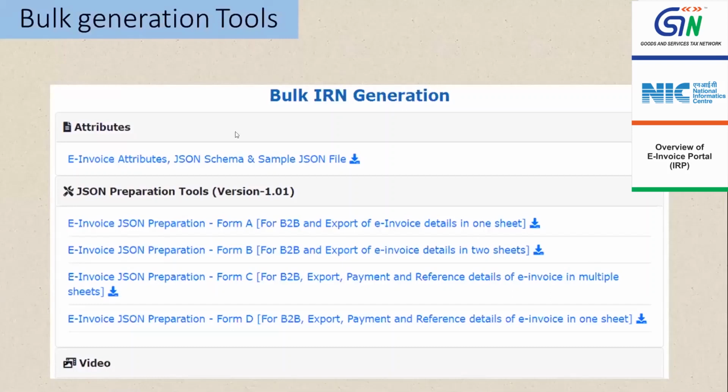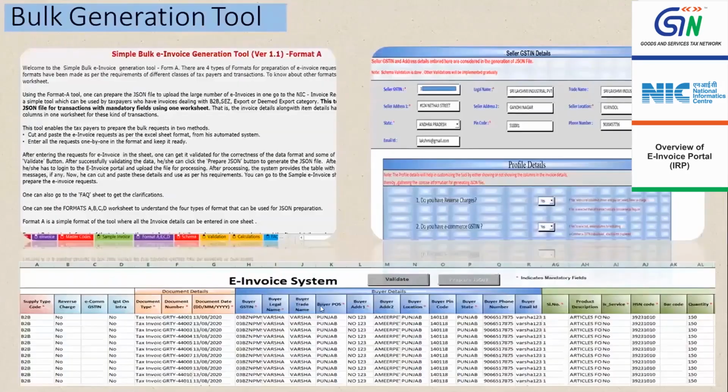The bulk generation tool is complete in itself. It has different sections, like what the attributes are, what the schema defined in this is, and what the master codes being used are. You also have the validations incorporated in the Excel tool, and the calculations being performed. So this is complete by itself. If you want, you can download these tools, or if you are in your IRP system, you can follow the steps followed in this generation method, generate your own JSON and upload it into the IRP system.